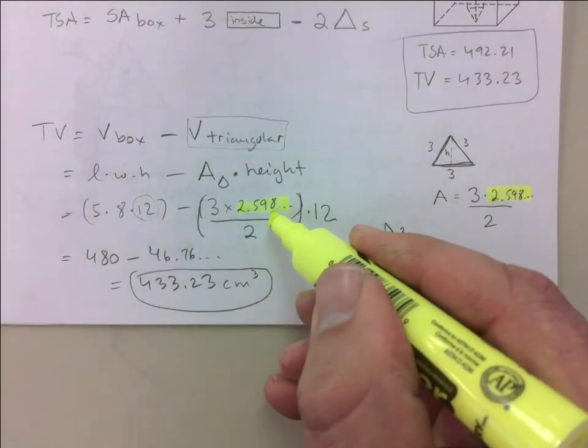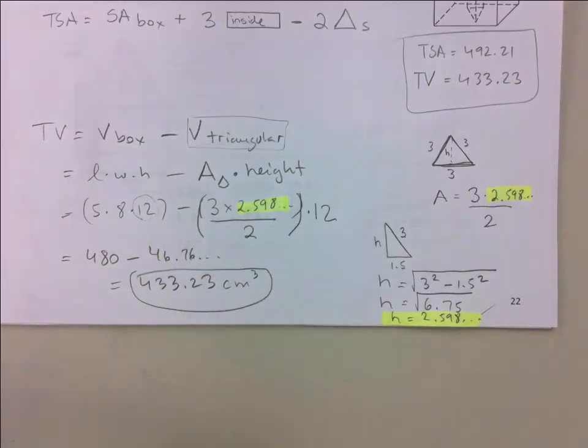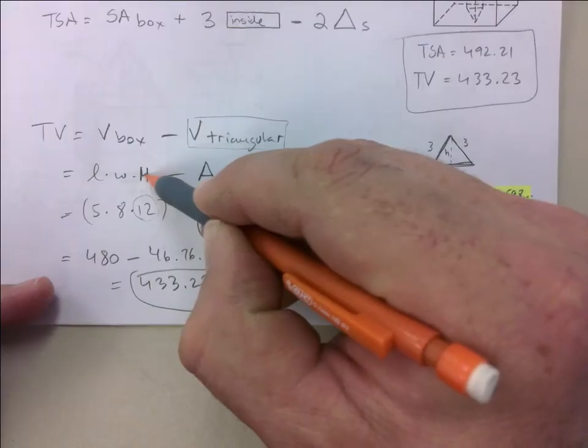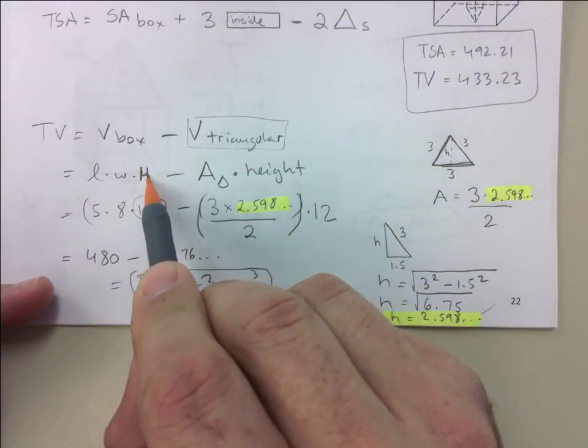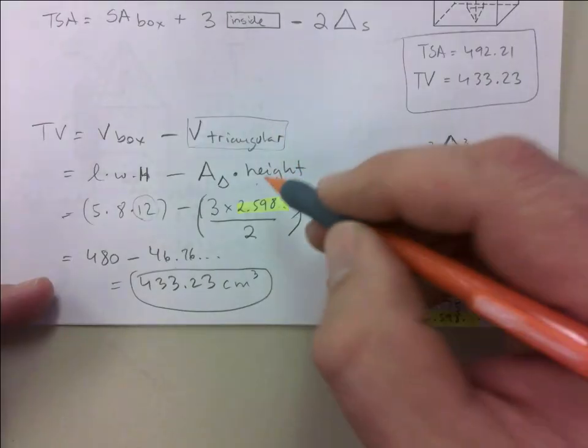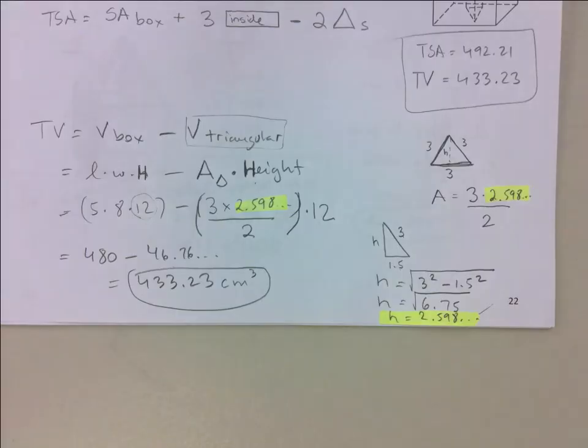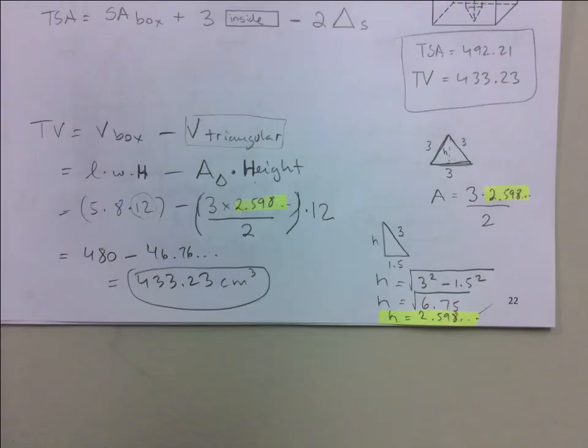This is lowercase h. Can we put a capital H here? That's like capital H. This is also capital H. That's like the big height for the entire 3D shape. Okay. I'm going to stop for a little bit because you guys are probably thinking,